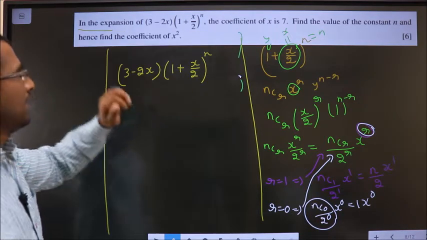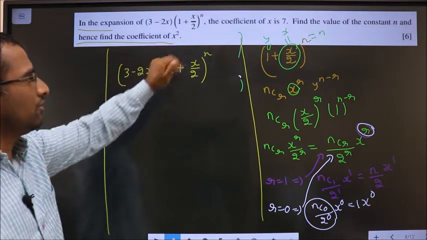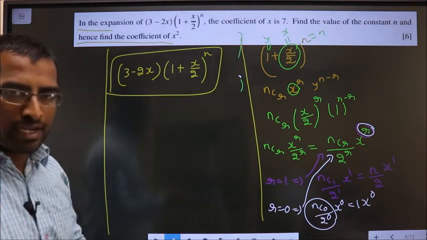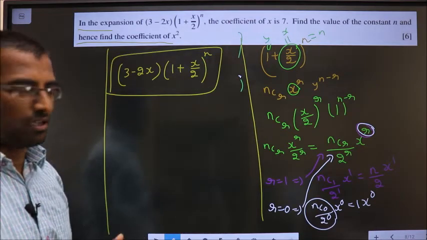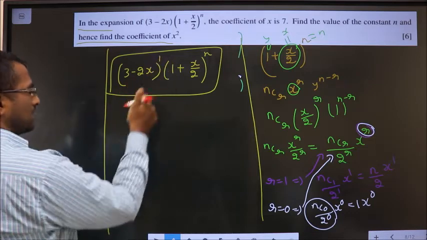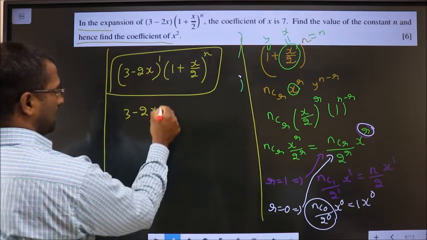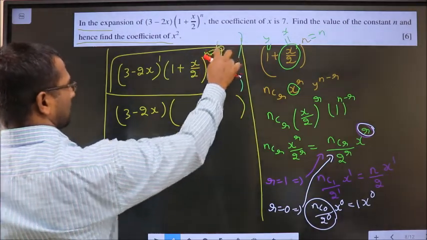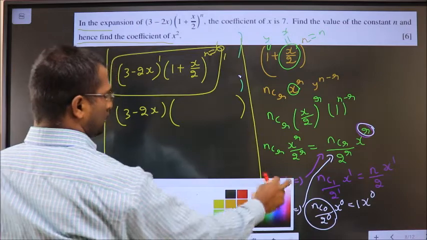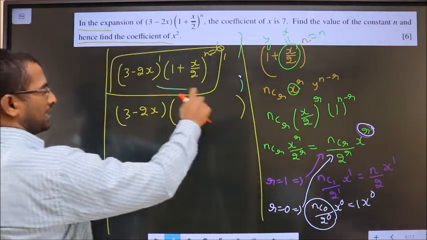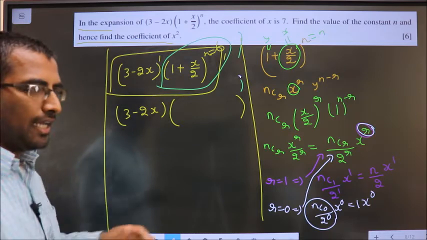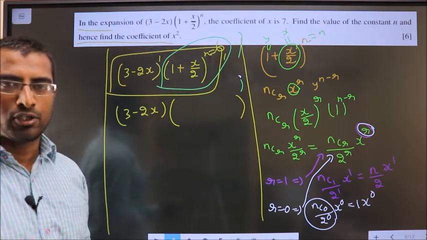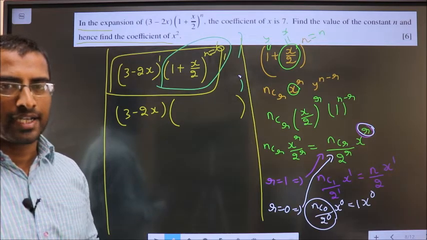Okay. And hence find the coefficient of x square. So in this we should also find the coefficient of x square. Now this bracket has the power 1, so it will not undergo any change. Here the power is 6. So now I get many terms in this expansion. I don't need to write all the terms in that expansion. I write only those terms which will result in getting x square.